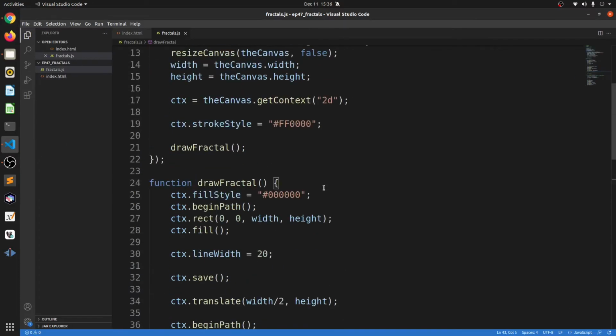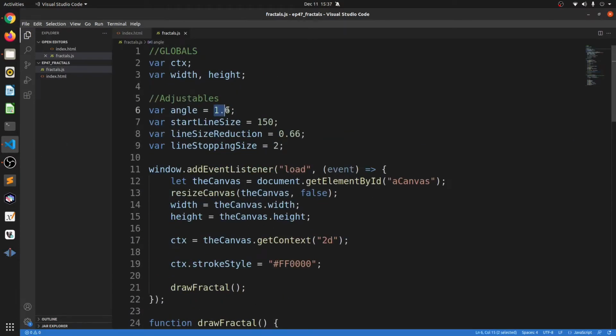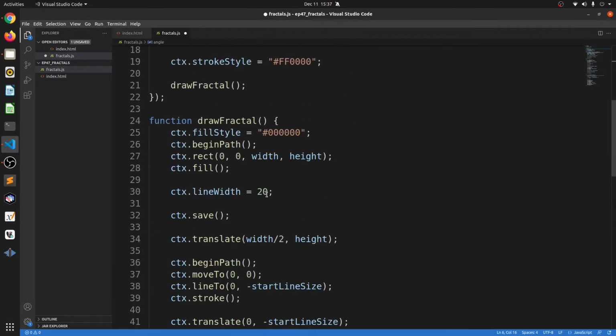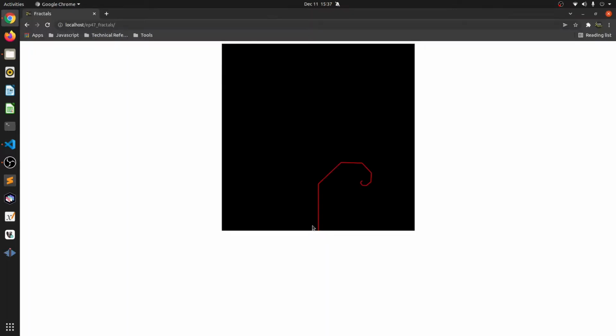Let's see what that did. When I refresh the screen, you can see that the fractal is indeed drawn. But there are two issues with it. One, the line is probably too thick. And number two, the angle is too high, which means you can't appreciate the fractal. So let's fix those two. Number one, I'll reduce the angle by, let's say, 0.8, which is half of its initial value. And I'll also reduce the thickness to just 2 from 20. And when you do that, you can totally appreciate the fractal.